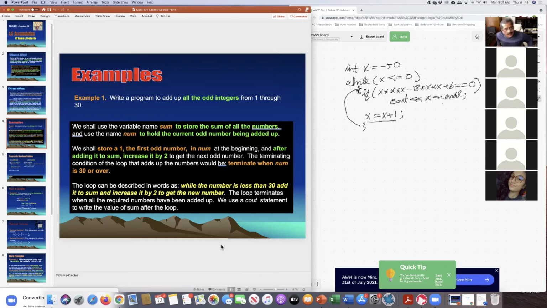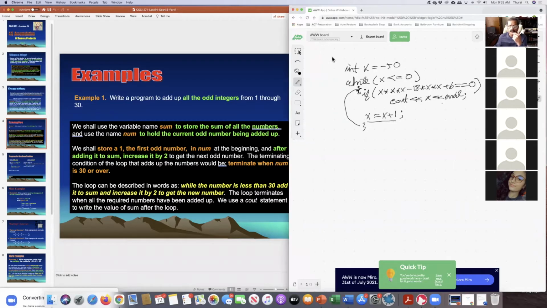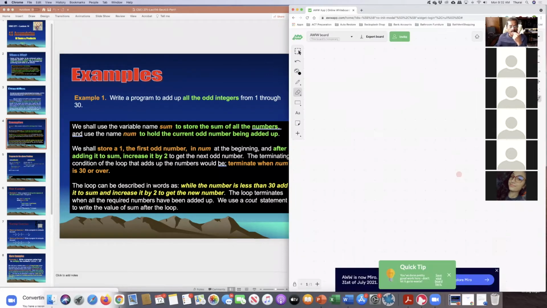So this was the last example we did in the last class. I'm going to begin there and redo that just to make sure everybody is with me. And also I'm going to use this example to illustrate some other examples. So let's clear the board and I'm going to do this example, which is adding up all the odd integers